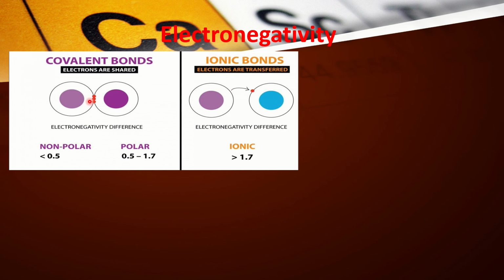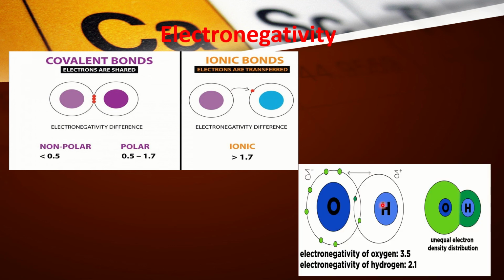Look, this is water. In water, hydrogen has 1 electron and oxygen has total 6 electrons on its outer shell. Oxygen and hydrogen share their electrons in this way. Oxygen 1 and hydrogen 1. They shared the electrons, and now these 2 electrons belong to hydrogen and oxygen both. These are called shared pair of electron.